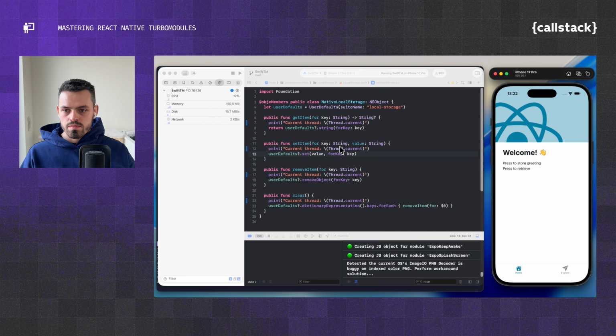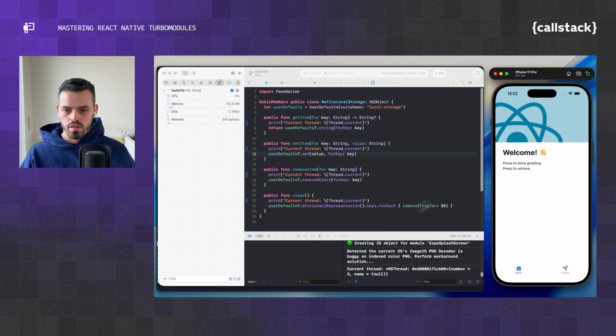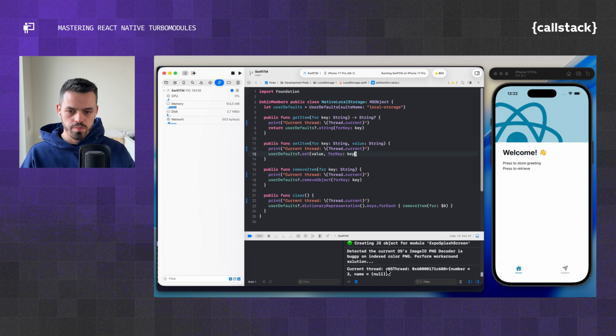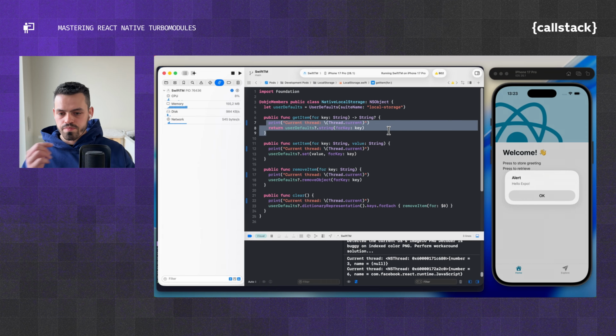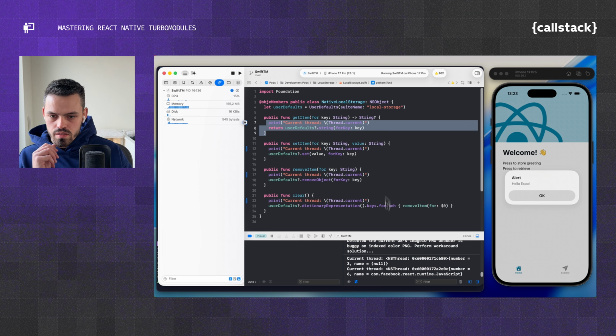All right, so it's now built, and we can press to start reading. And for example, in here, as you can see, we've got a current thread printed, and this is an NSThread. This is the address of the thread. We've got the thread number, which is 3. Unfortunately, there is no name, but let's just press to retrieve, which calls this method. And in here, as you can see, we've got actually